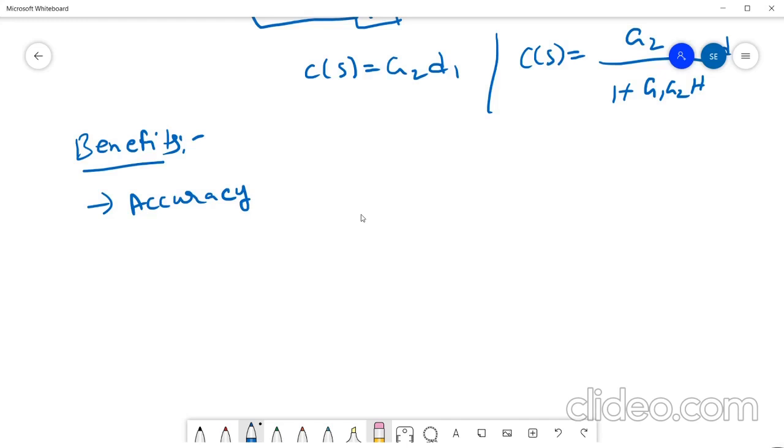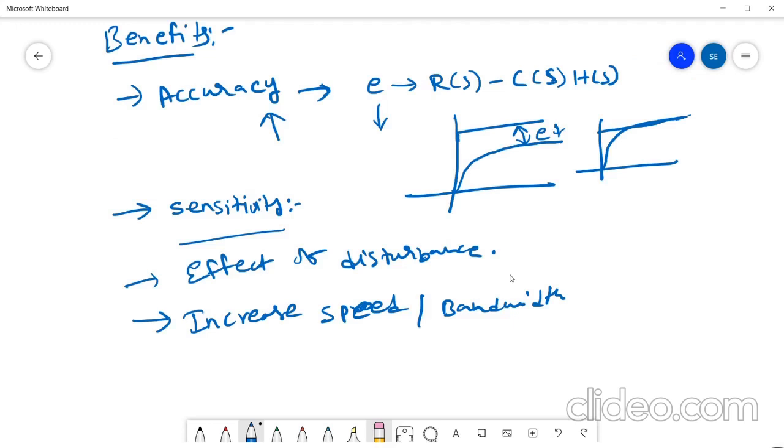Basically, we can measure, and based on the measurement we take the decision. That is the reason we can get the disturbance rejected from the plant. And if you want to increase the speed, we can increase the speed of the process. Speed or bandwidth we can vary. We can increase or change the bandwidth so as to get higher productivity. So all these things are possible if you have a feedback control loop,